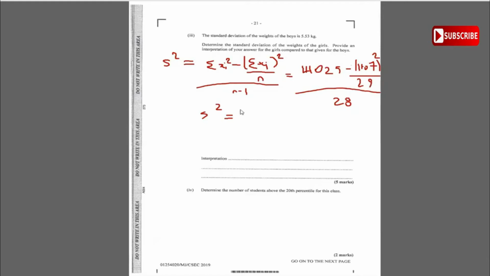I'm getting s squared, and the square root of 63 is 7.94. So what is my interpretation? Hopefully I didn't make any calculation error. And so that interpretation is that the